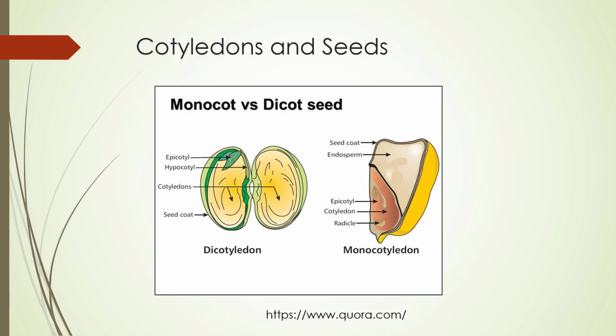And just to go over some of the terminology you see here, your book will also cover this. The epicotyl will become the shoot, stems, and leaves. The cotyledon is the seed leaf. The radicle is the embryonic root. The hypocotyl is the portion between the cotyledon attachment and the radicle. It helps elevate the cotyledons above the soil surface. And the endosperm is where food reserves are stored.